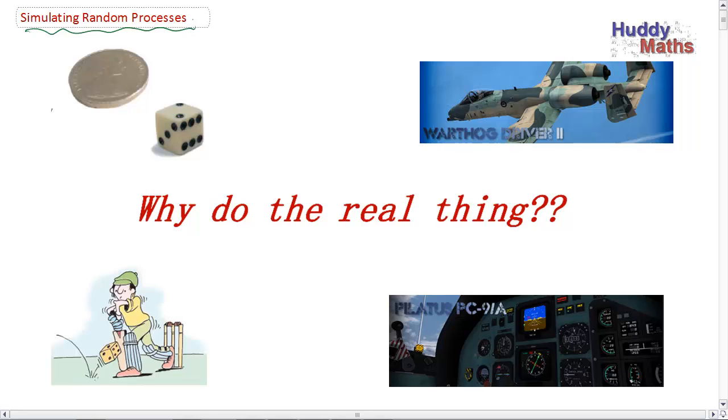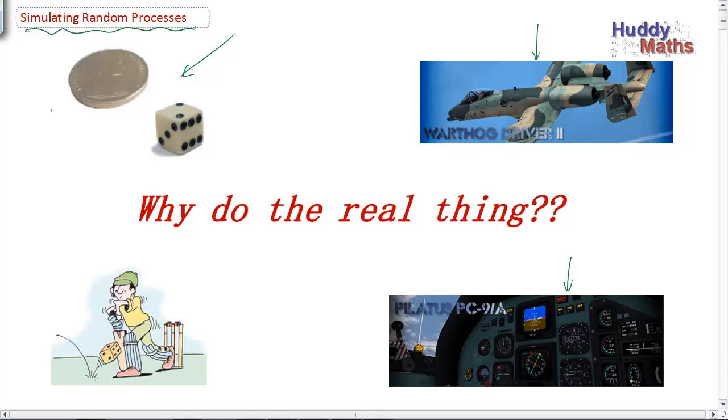Simulating. All right, well, I'm interested over here in flying one of those. I don't think I have much of a chance. Maybe they will put me in front of a flight simulator. It looks like the cockpit of a plane, but it isn't. We could pretend we're flying, pretending or simulating. And over here, we could